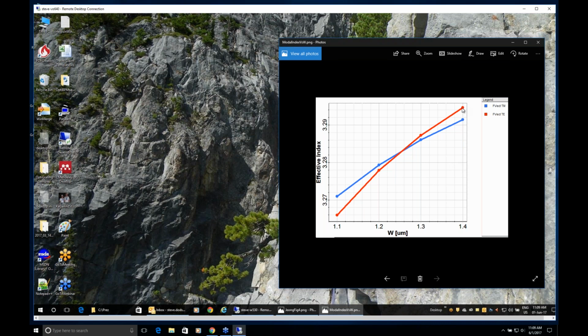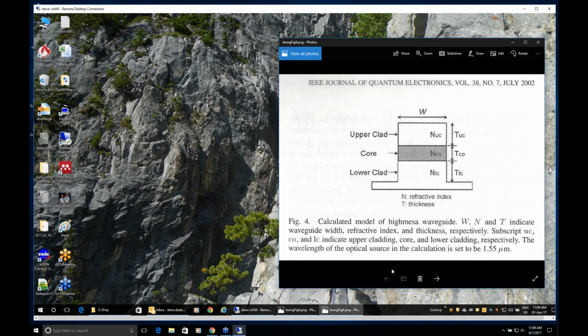Since they exchange positions, it stands to reason that they are going to cross somewhere. And that is a sweet spot. If you design a waveguide with this width, it means that those two modes, the vertical and the horizontal ones, have the same propagation constant. Therefore, when we excite the waveguide with an arbitrary polarization